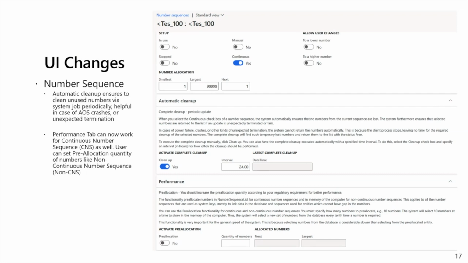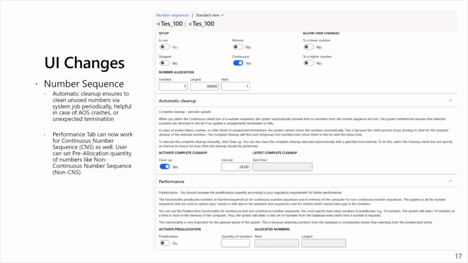Another significant improvement which we mentioned already is performance. Now with this feature, even with continuous on, you can use pre-allocation. That will not be deactivated like today. It will still stay on. And we also put the default value as 5 in the quantity of number column. The reason to do that is we saw in the non-continuous number sequence, customers were having the load and turning on the pre-allocation and setting that value was not happening. So we thought, okay, let's just go with the default continuous, and pre-allocation is also default. We set the value to 5, but obviously